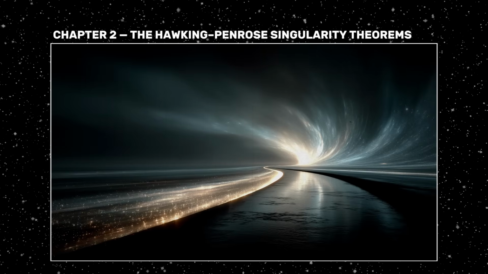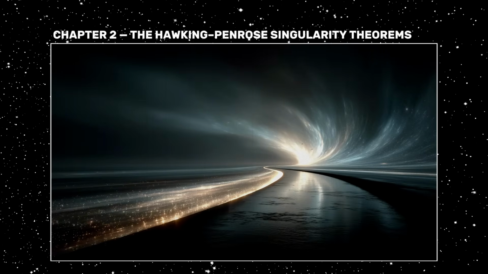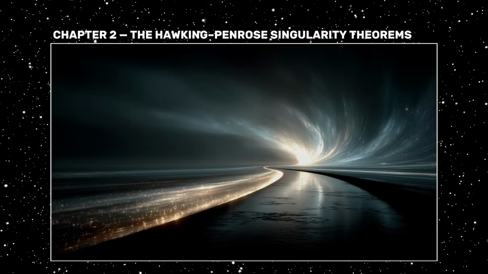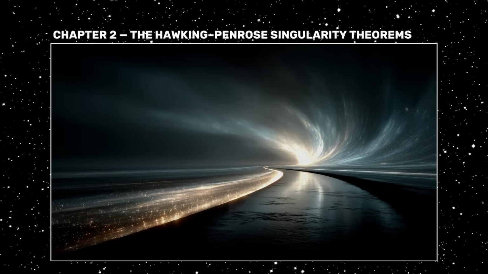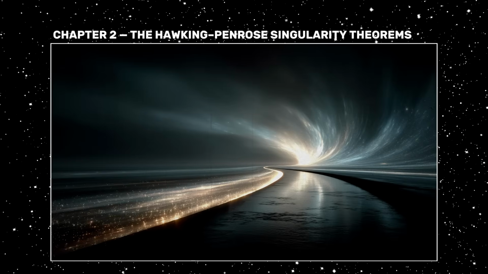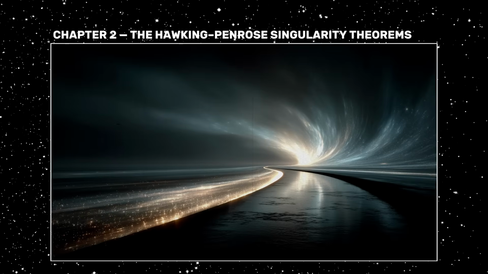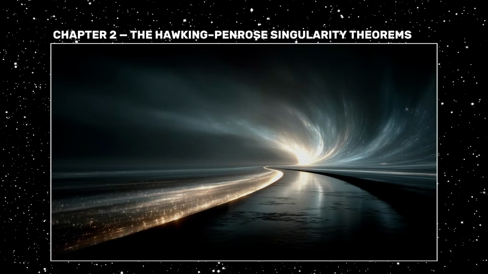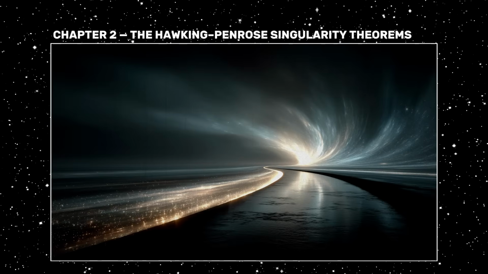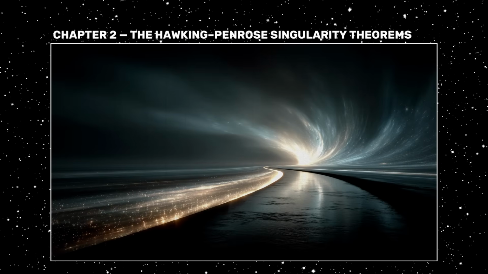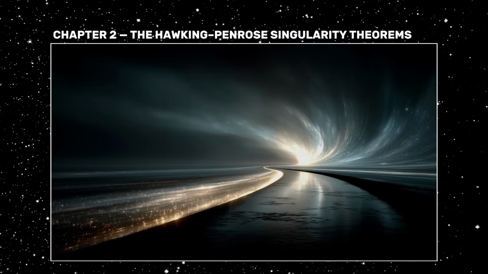Yet for much of the mid-20th century, many physicists believed that these extreme consequences were artifacts of idealized assumptions rather than robust predictions. Surely nature would find a way to avoid infinities. It was in this intellectual climate that Roger Penrose and Stephen Hawking made their mark, proving with mathematical precision that singularities are not optional quirks, but unavoidable features of spacetime under quite general conditions. Their singularity theorems changed the way physicists thought about the universe's origin, the interior of black holes, and the ultimate